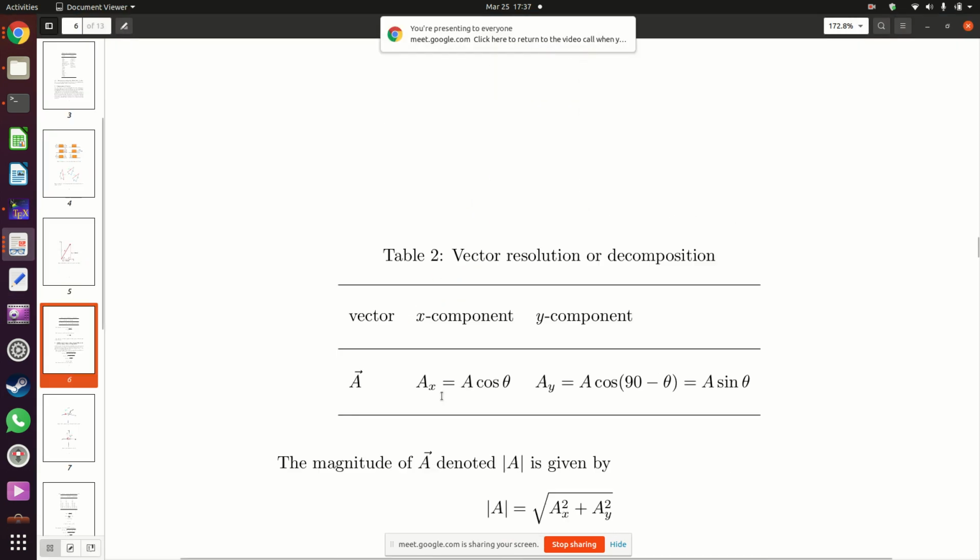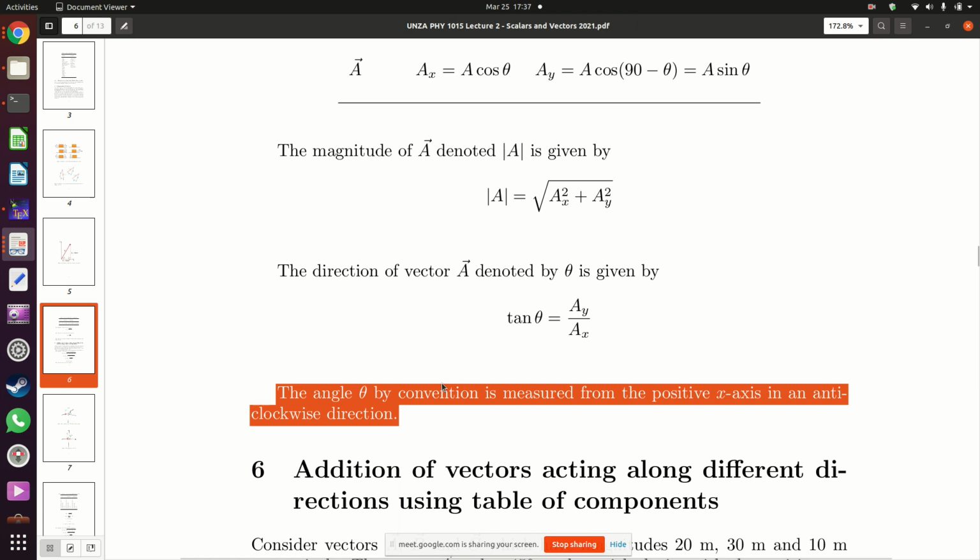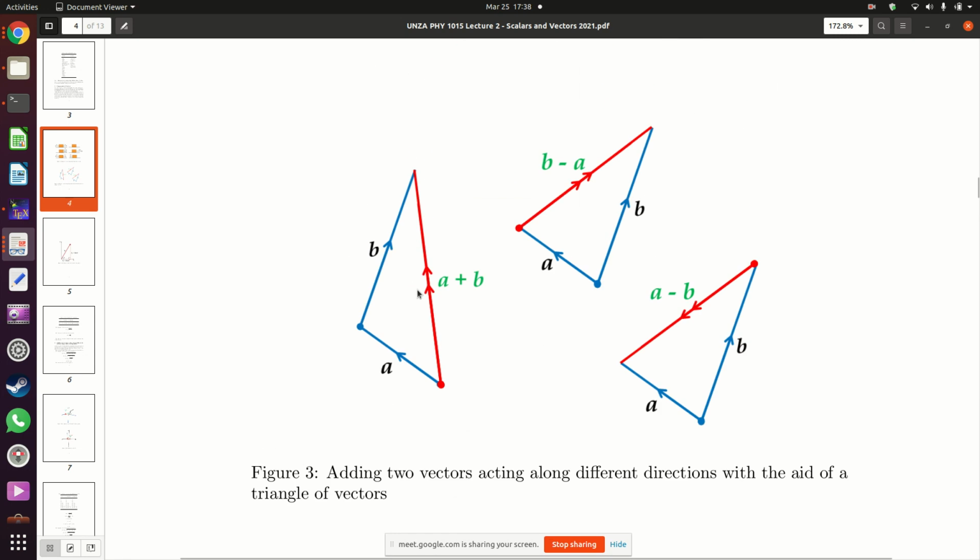Next, the other reason why we are interested in these components of vectors is because they make addition of vectors quite easy. We have already seen how to add vectors using the triangle of vectors, which is quite tedious, and most likely you will not get the correct answer at the end of the day after putting in all the work trying to draw things properly. I can assure you it's very highly likely that with this method you might not be able to get the right answer,